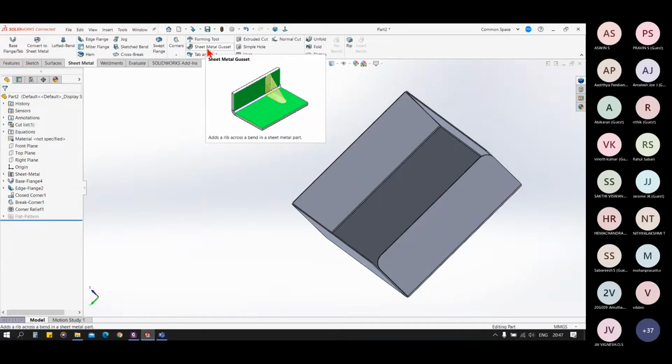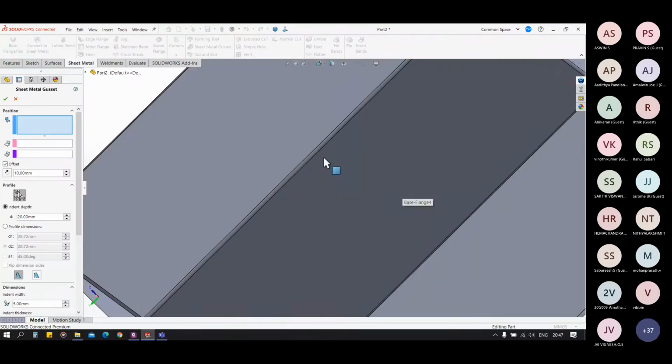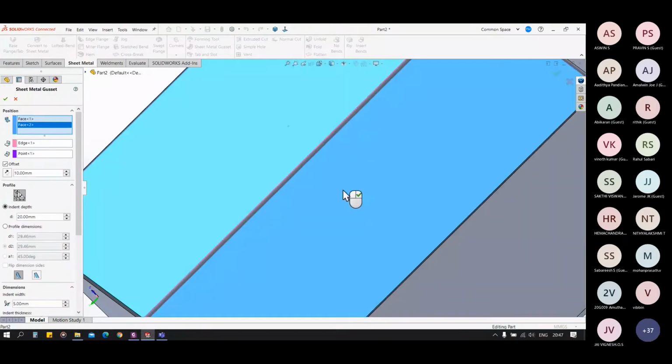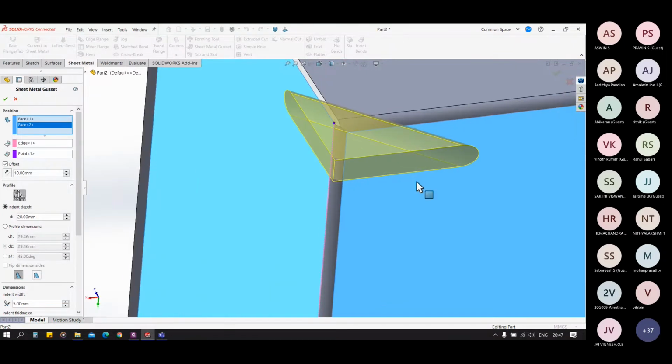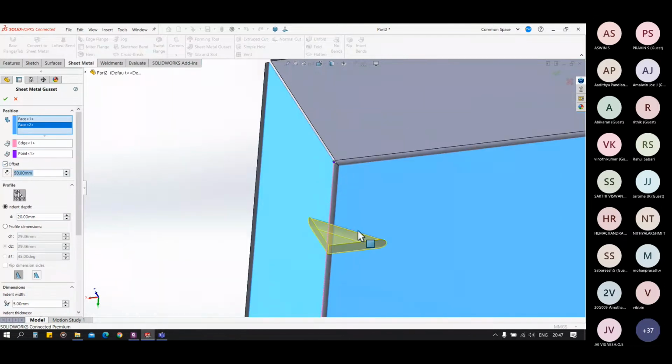This sheet metal gusset feature is similar to the rib and stiffener feature in our 3D. So this is also the same, for support to the vertical flange. When we click on it, similarly we can select the top and base faces, and you can see the preview for the sheet metal gusset. We can have offset here. We can change the dimension like this,